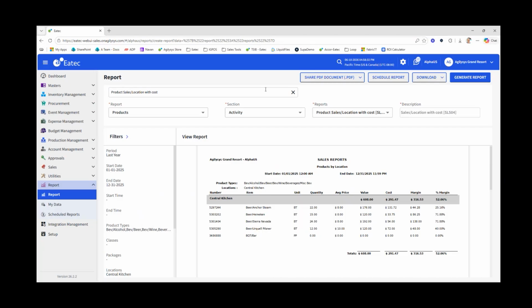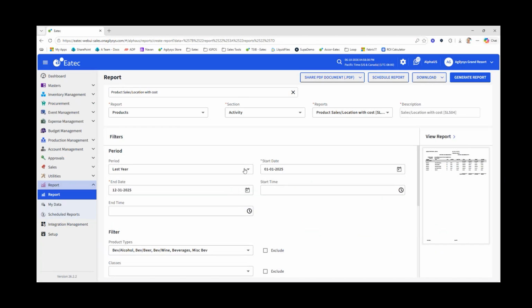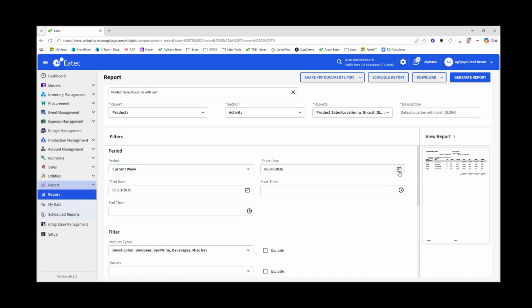Say we want to look at beverages. Again, pretty straightforward stuff of how we filter and sort this item. If I want to look at something, let's look at what happened this week. Current week, I can select current week. You can see here, I can do specific date ranges. I can even,